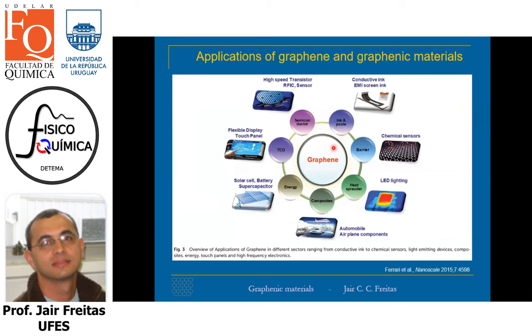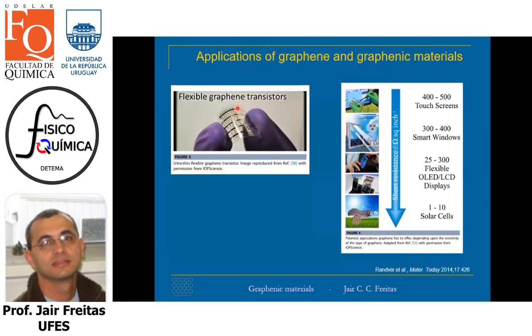As I mentioned in the beginning, graphene combines good electrical conductivity, good electron mobility, especially high thermal conductivity, and it's a transparent material. So the combination of these properties allows the application of graphene and of graphene materials in different sectors, especially those involving optoelectronic devices and high frequency transistors. So here is an example of a graphene sheet used as a transistor, especially in the range of terahertz, which is a high frequency range